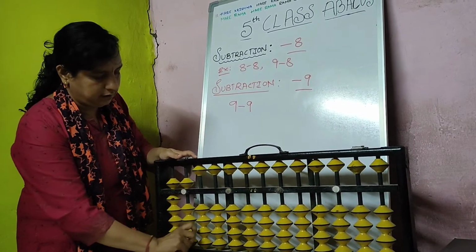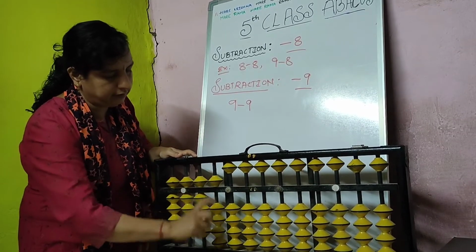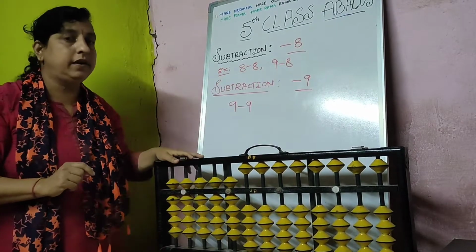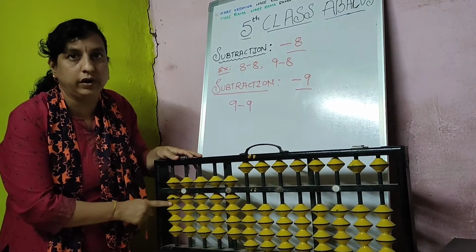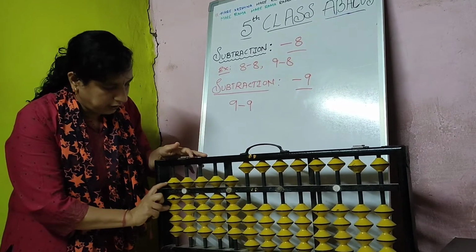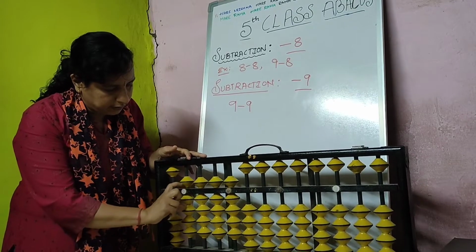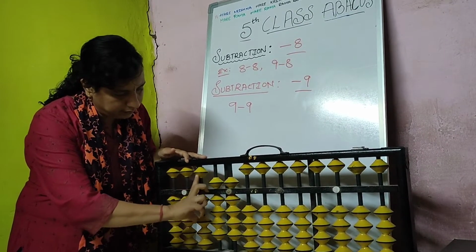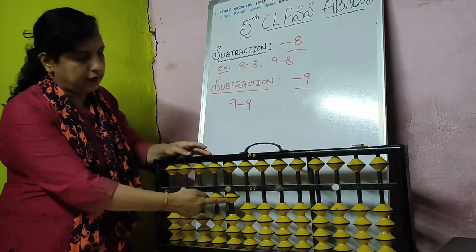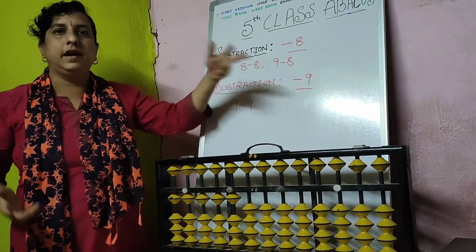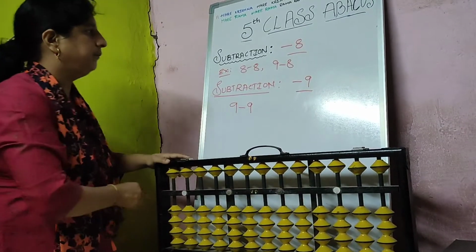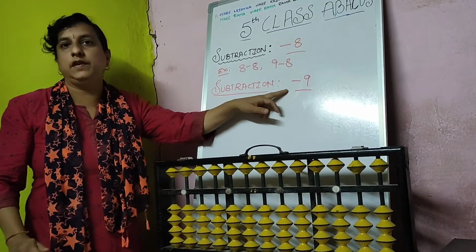9. You say 9 like this. 9 minus 8. Minus 8 how to do? 1 upper bit, 3 lower bit I have to cancel. Don't cancel all 4 bits. 8 means 1 upper bit, 3 lower bit. You know that. So keep your finger on this. Minus 8. Say minus 8 always. Answer is 1. 9 minus 8 is 1. Over. Clean your abacus once again. Then we'll come to this minus 9.